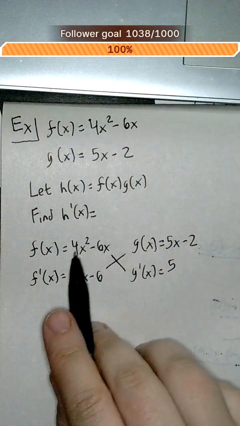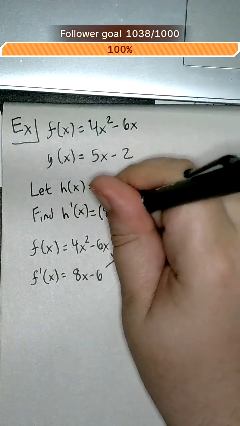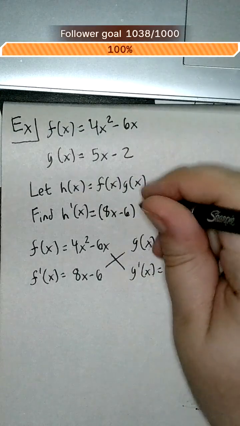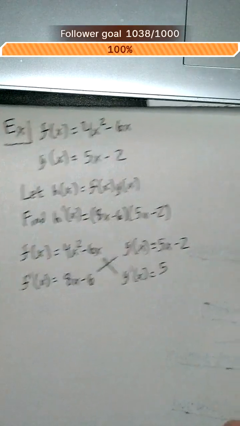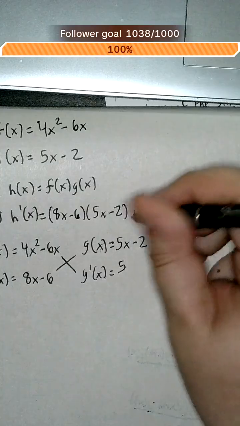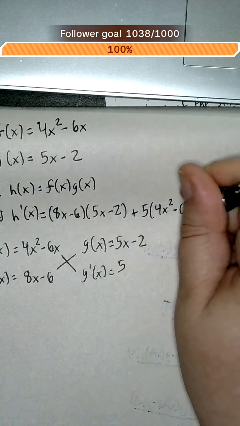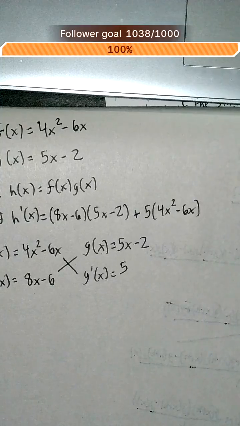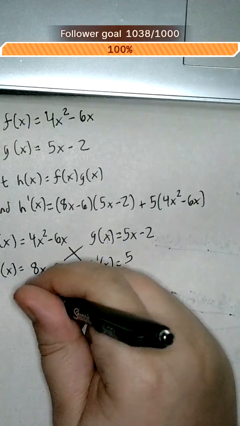So here, derivative of the first function is 8x minus 6, times my original second function, which is 5x minus 2. And then I'm going to add the derivative of the second function, which is 5, times 4x squared minus 6x. And then from here, I would go ahead and simplify this. So I have h prime of x